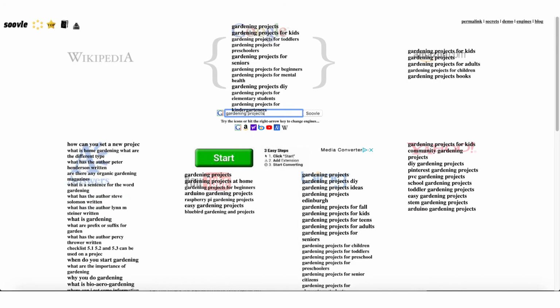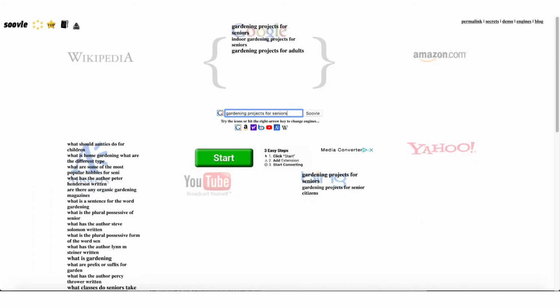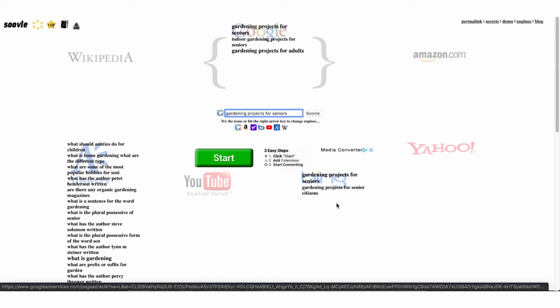Let's take, for example, the example that we've been using for gardening projects for seniors. As you can see, as I input the phrase gardening projects for seniors, I'm starting to get a ton of different related keywords that may not have shown up on Google, but show up on these other sites like Bing, Yahoo, or Answers.com. Now, the results in Answers.com are really not that applicable, obviously, but the ones in Bing could potentially identify a few things that Google didn't pick up. For example, gardening projects for senior citizens.